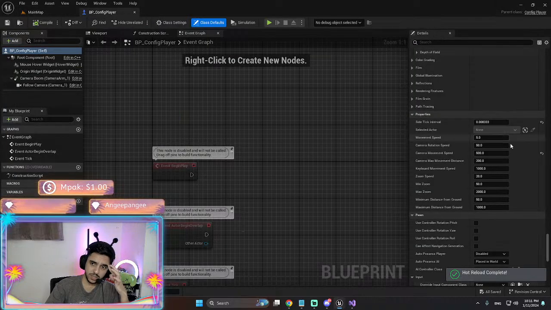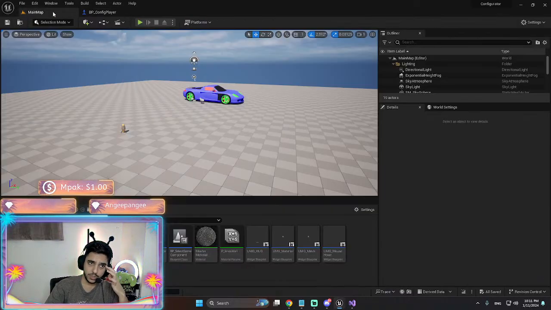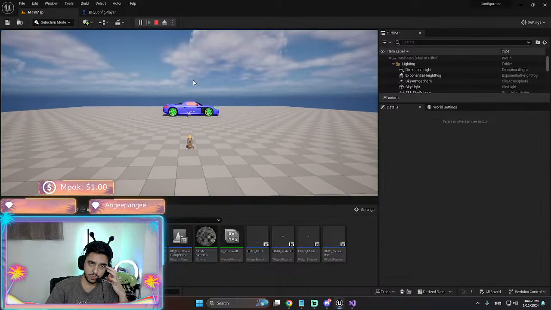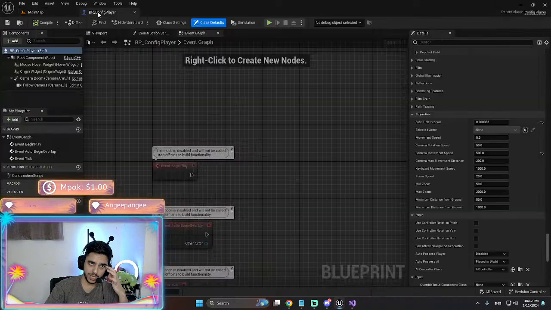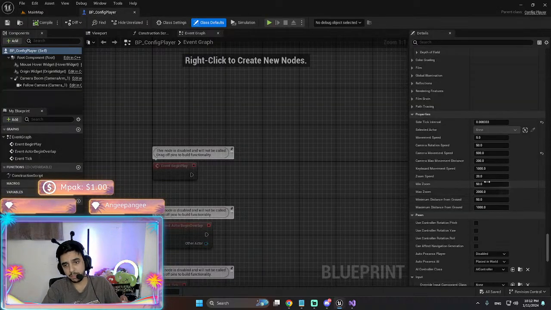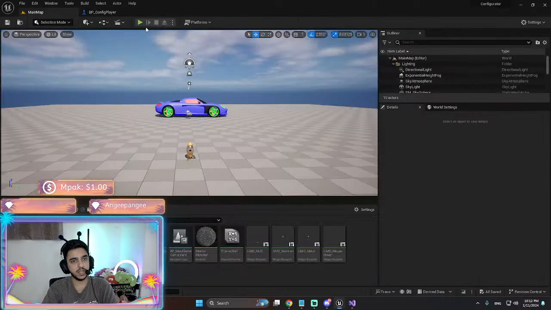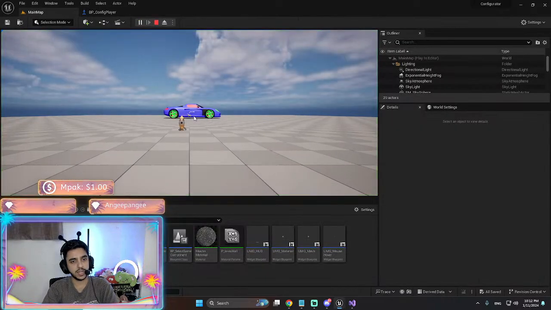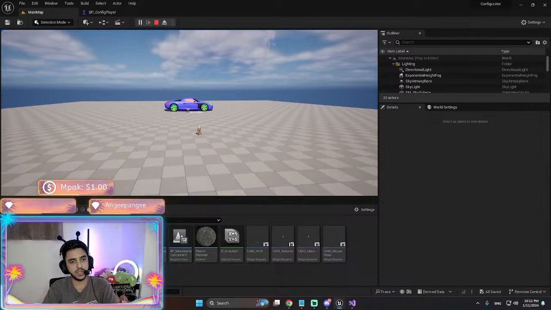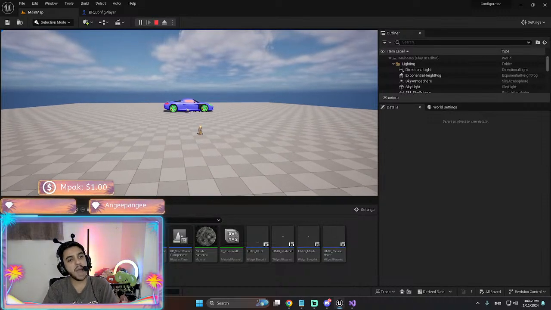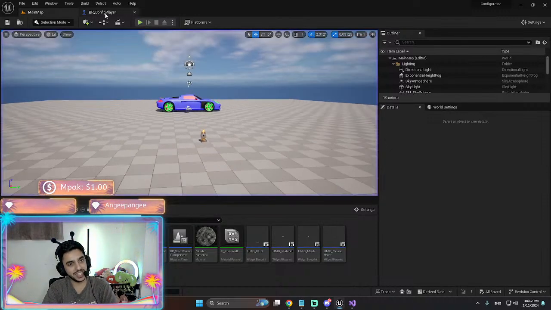I'll show you what. So first, let's check them. There's absolutely no zoom right now. I'm gonna set the number to a big thing. Like instead of 20, I'm gonna set it to 200. So it's like 10 times more. I can zoom a little bit. So this way it is mouse independent as well.